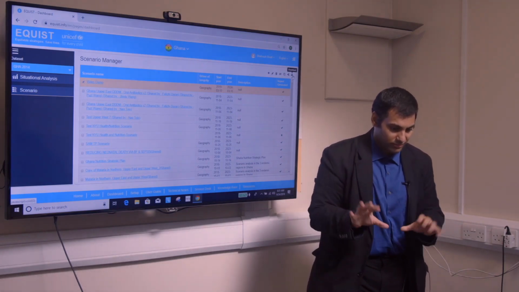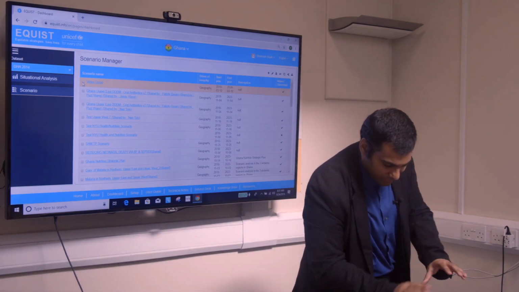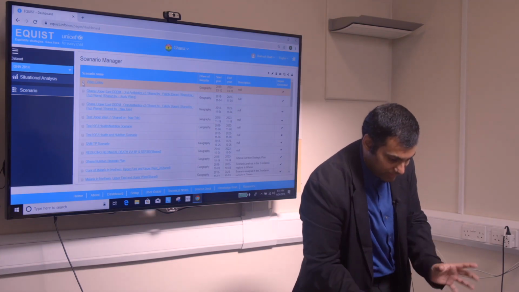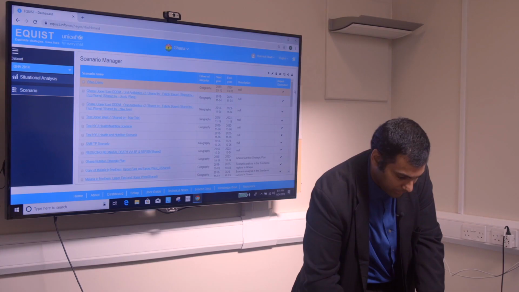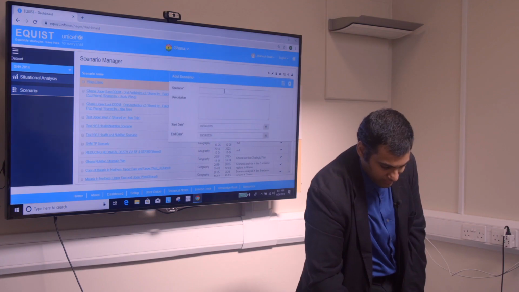And so this is one of, I think, the major features. In general, most people feel this is their favorite. It's the most complicated module on EQUIST, but it produces a lot of impact, so it's good to see. So when you generate your new scenario, once you've clicked here and added all these details, what you'll